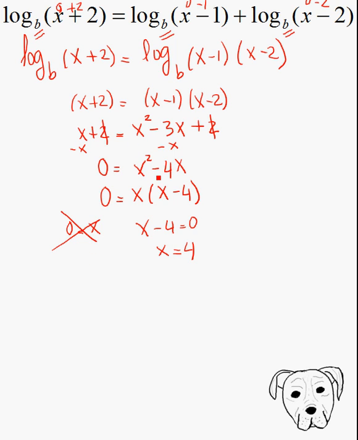So how about 4? Does 4 work? Well, 4 plus 2, yes, that's 6. So that's a positive number. And 4 minus 1 is 3, so that works. And 4 minus 2 is 2. So the final answer is going to be just x equals 4. The x equals 0 does not work because it provides a negative log, and you can't take